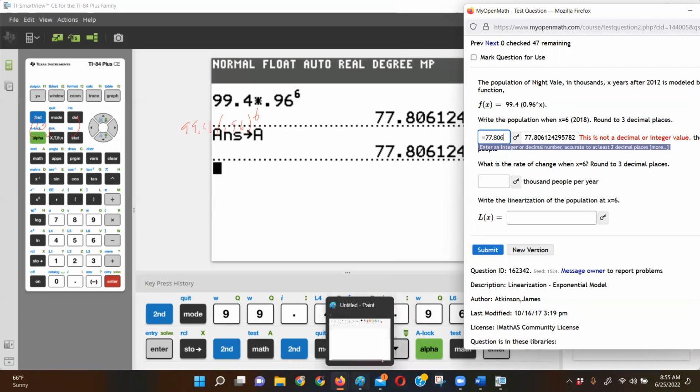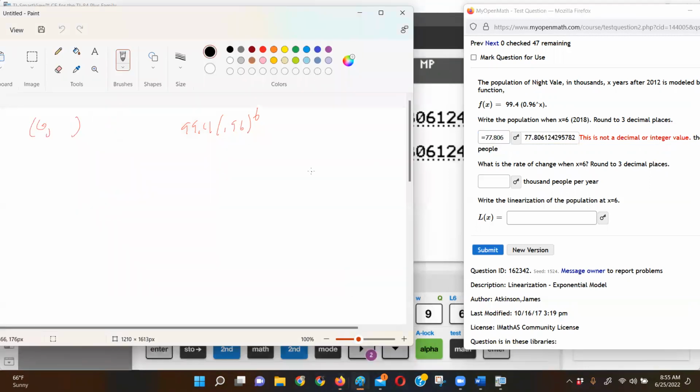Let me come back to my smart board here. So what you've got to do is take the derivative of this function here. Let me go to the Paint app. So I've got 99.4 times 0.96 to the x power. So this is an exponential function. And what you've got to remember is, if I'm trying to take the derivative of an exponential,